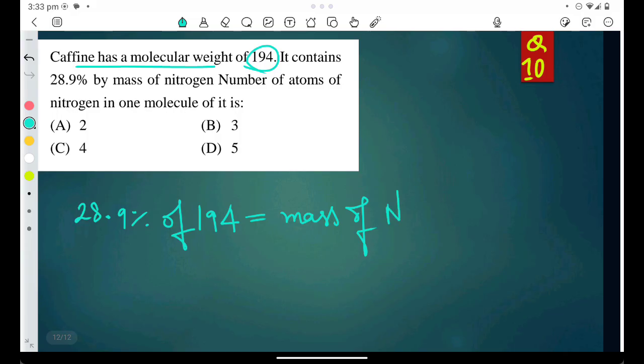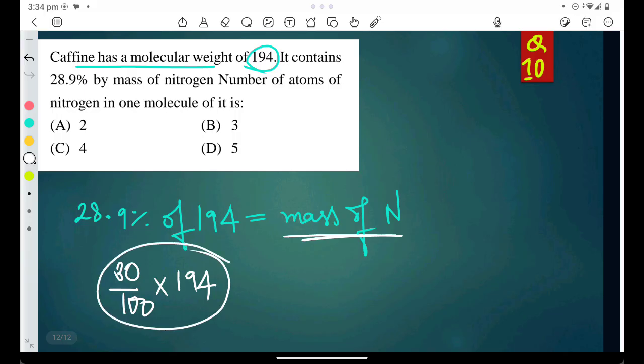Let's say 28.9 is 29 only, or we can approximate it as 30 in chemistry. So 30 by 100 into 194. This is going to be the mass of nitrogen, and I'm supposed to divide this number